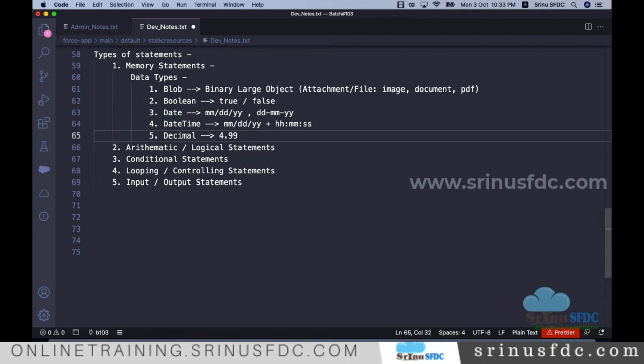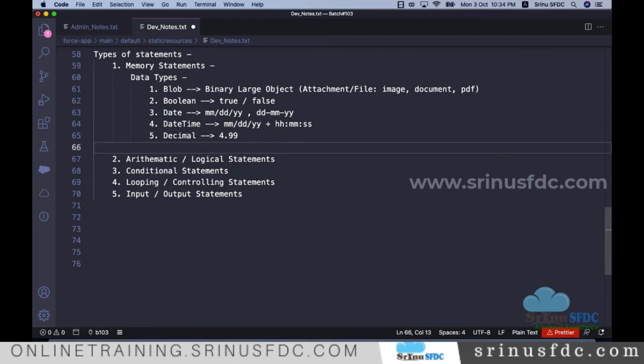So we call this the decimal type. Along with the number, the decimal digits can be maintained. Sometimes we can hold values up to millions, like 1 million, 2 million, 10 million. If it is more than that, if it is very huge,